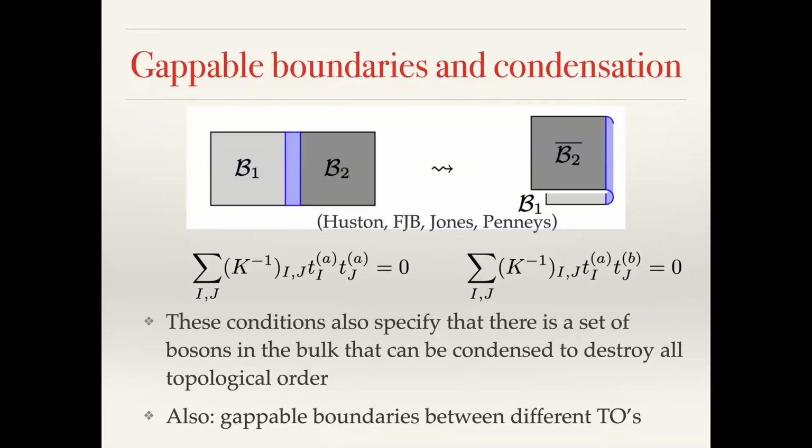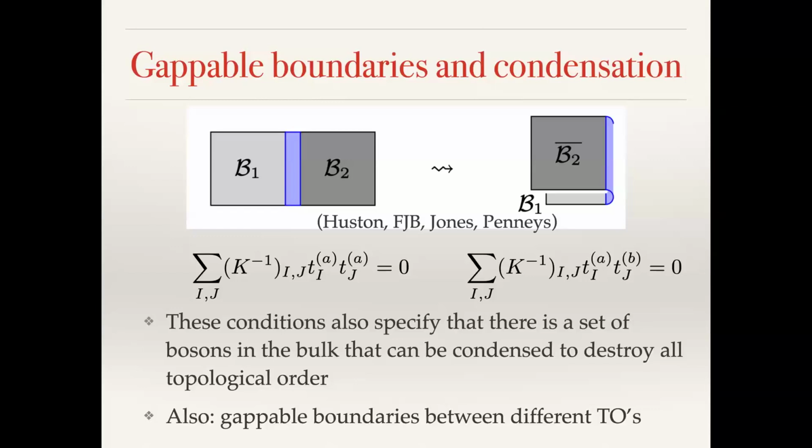A way to construct that gapped boundary is if you take this picture and you fold it over. This is called the folding trick. Then if you fold it over, that's the same question as: can I build a gapped boundary between a bilayer system with B1 on the top and B2 bar on the bottom,